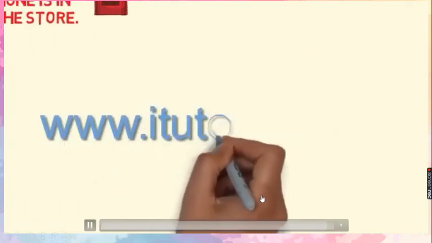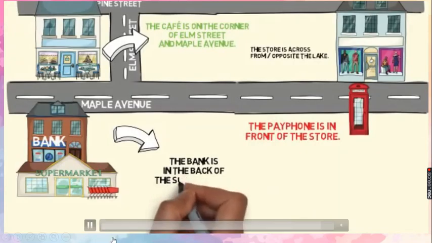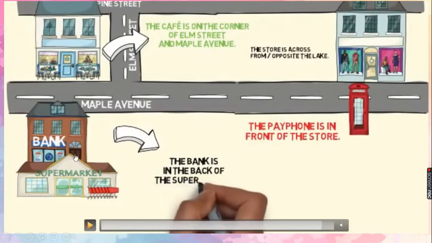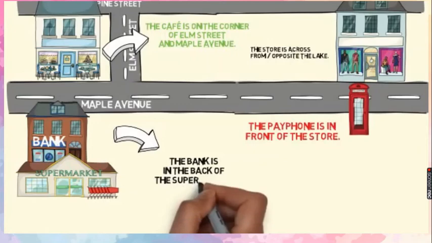I believe that's the last one. But let's go back to that picture again to practice one more preposition. So, another question, last question for this. Where is the supermarket? Where is the supermarket? Good. The supermarket is in front of the bank. The supermarket is in front of the bank. Oh, I'm so sorry, it's not going to be the last one because I still want to talk about maybe